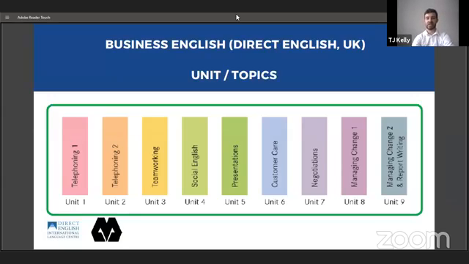Then we have a unit on team working, which takes you through the various stages of a project working as a team, how to establish roles within the team, how to assess the success of the team or when things need to be moved back on track, how to achieve your goals within the time frame, how to write reports